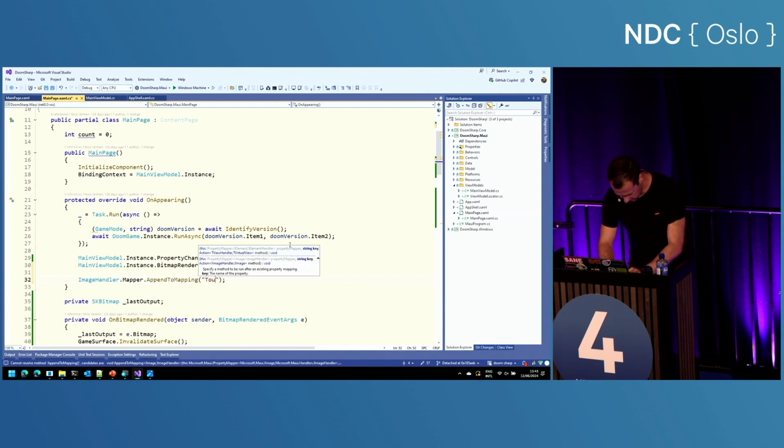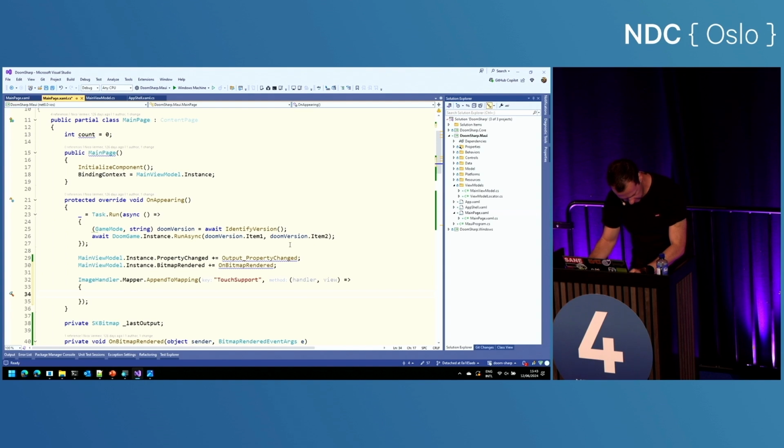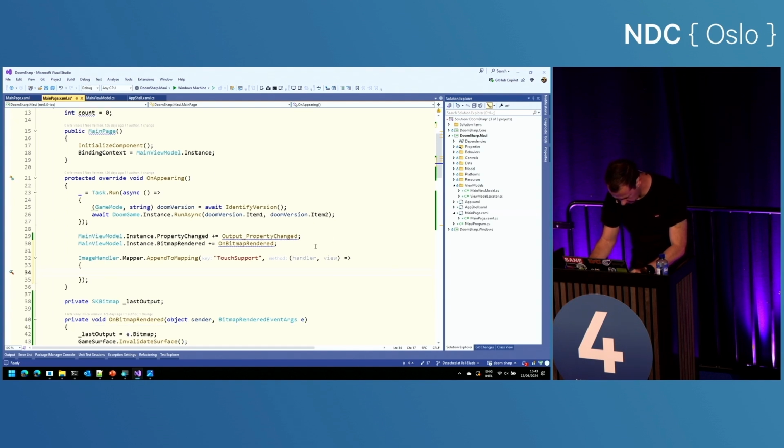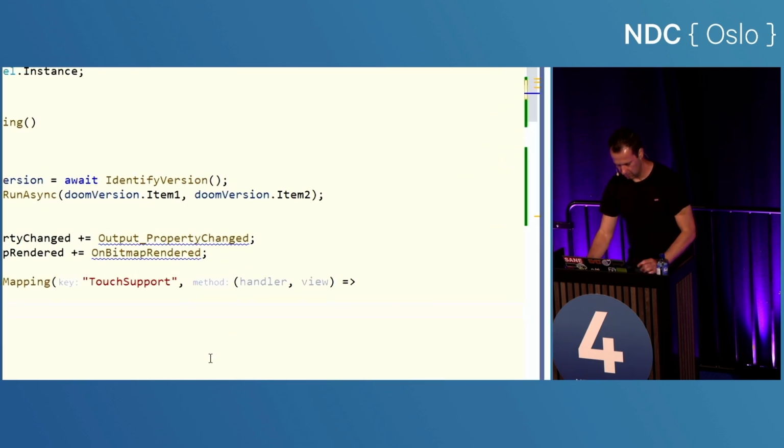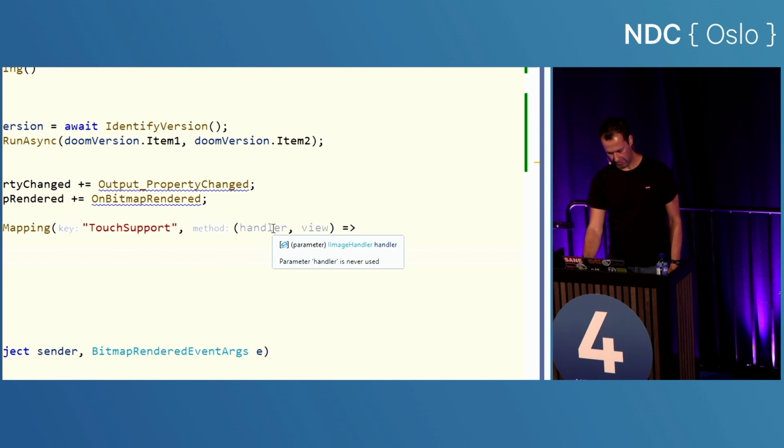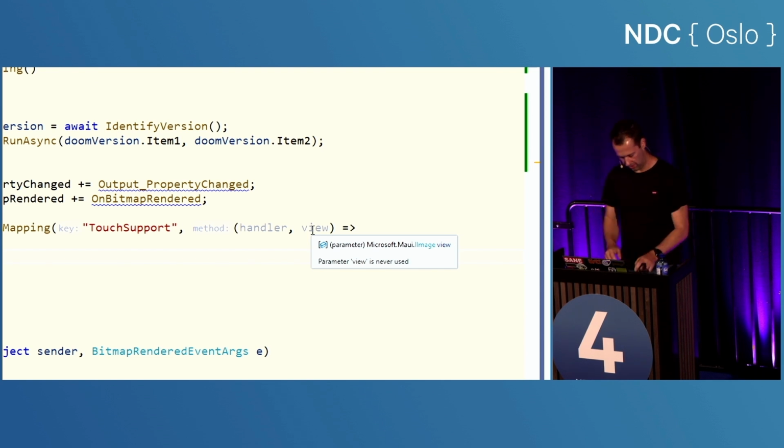It needs a key, which we will call touch support. And then we can add an action to it, like this. 2 parameters, handler and view. Handler is just your image handler, which is MAUI land. View is your image, your MAUI image.